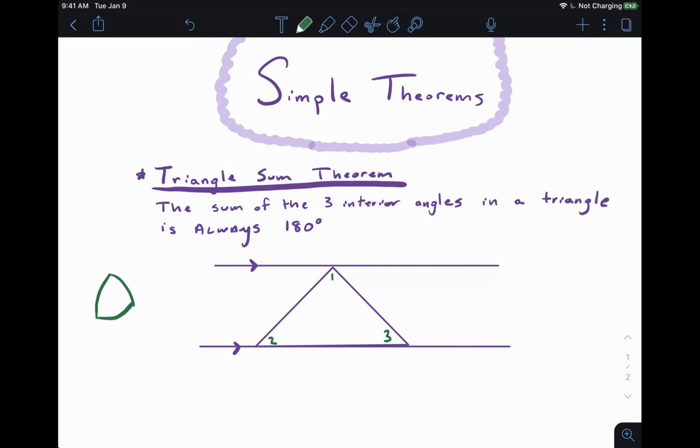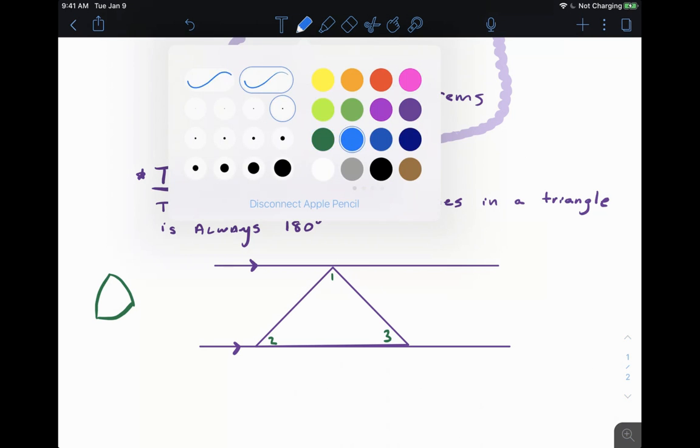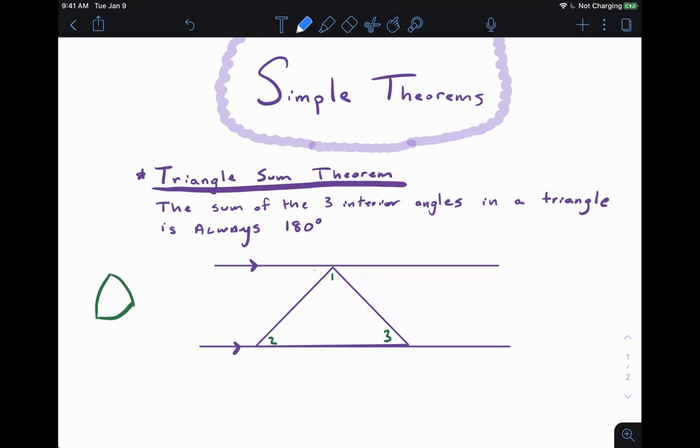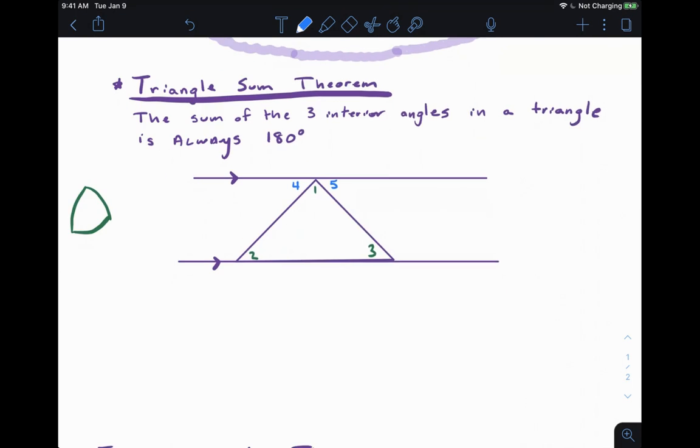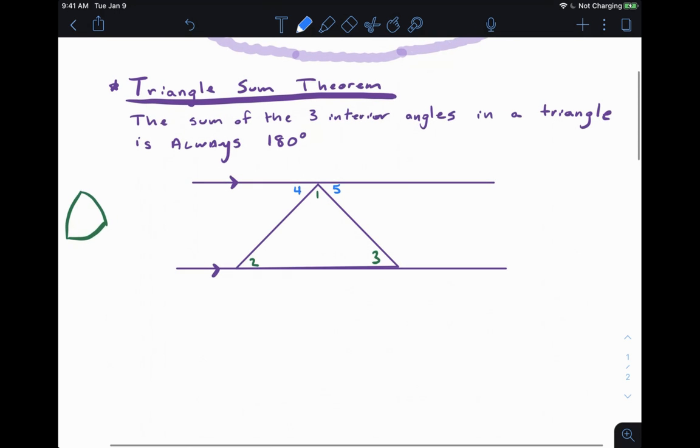Okay, so I just arbitrarily labeled 1, 2, and 3. You can call these anything. That doesn't mean like 1 degree, just the name of that angle. So I could just say angle 1. I'm also going to add 2 more. We'll add these in a different color because they're not part of the triangle. But I'll add this guy and this guy. Okay. And you guys can kind of pick up on some of this already. I don't want to give away the next one just yet.